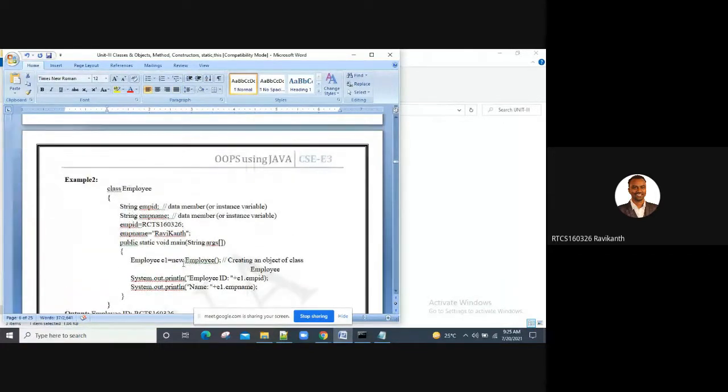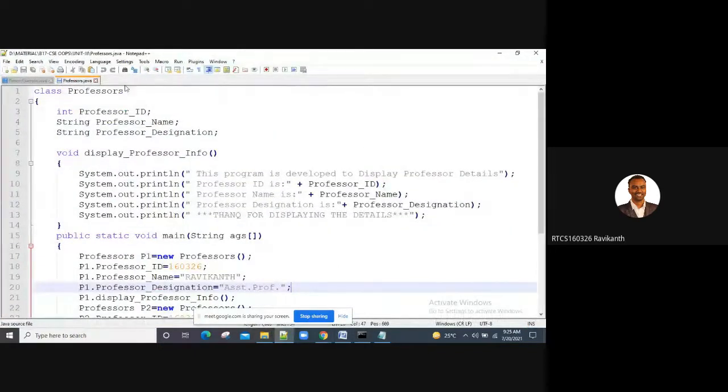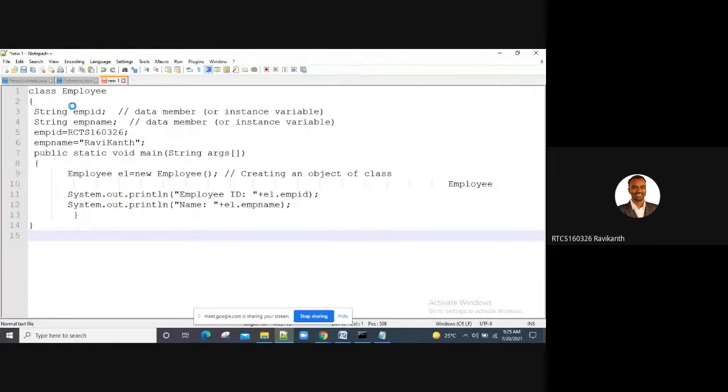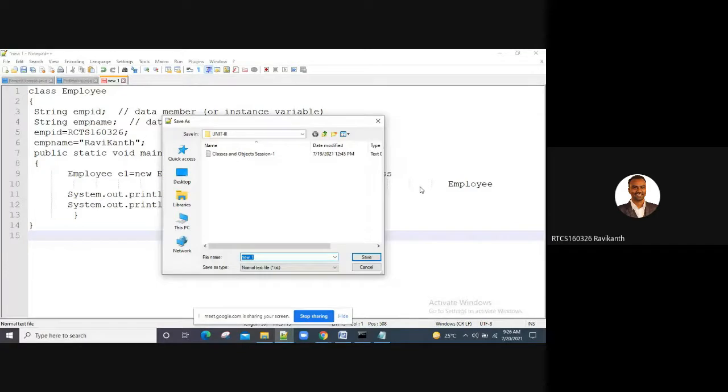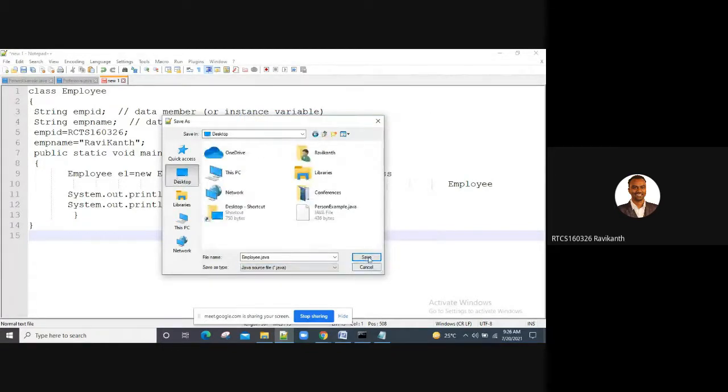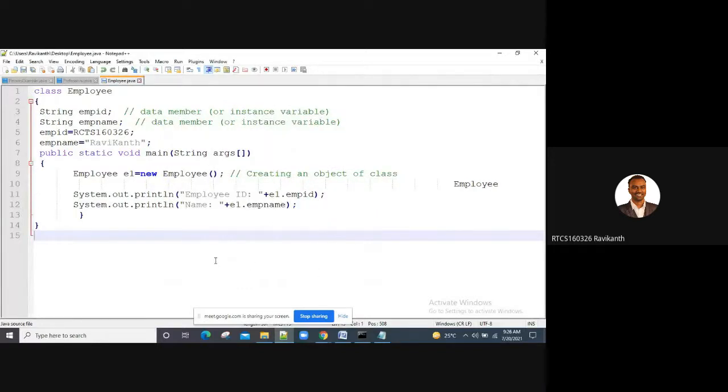In this case, you can try with this example. Class Employee. So what output are you expecting here?